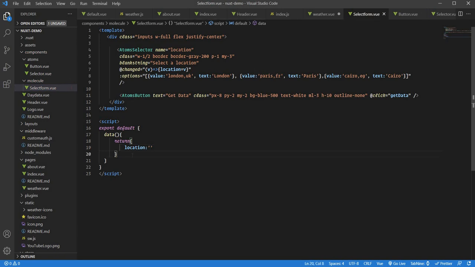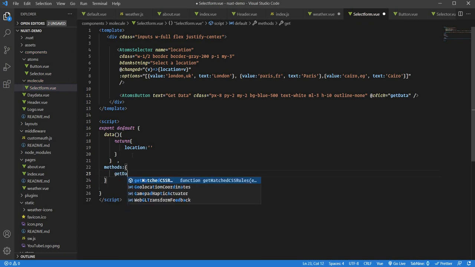And also we will need the get data function to be returned over here. So we will say methods like this. Oh, sorry, it should be here, and this will be methods that will be get data,